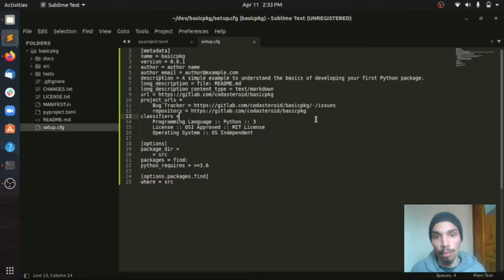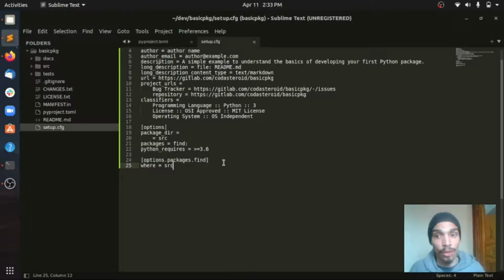And also another thing more important is the classifiers, because you are going to use this to define the programming language the package uses, of course Python, but what matters here is the version of Python the package is compatible with. Also you can define your license using the MIT license, and also the operating system your package is suitable for. And here we have something more important, which is to define where your packages are located in